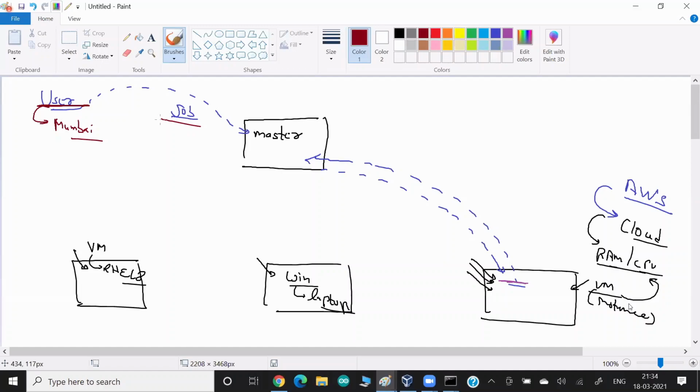That job requires some data, and the data may be based in the US, and it is not allowed to download the data from the US to India. So we can ask the AWS cloud or any other cloud to launch the virtual machine in the US. Okay. And I can tell my master, whenever this kind of job comes up, I'll tag this job,